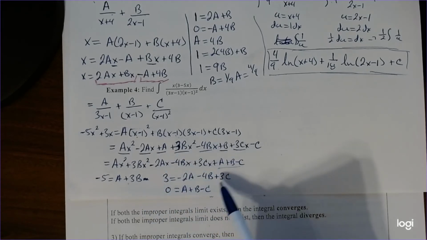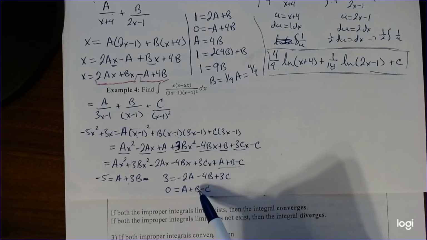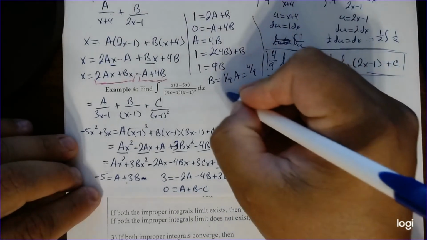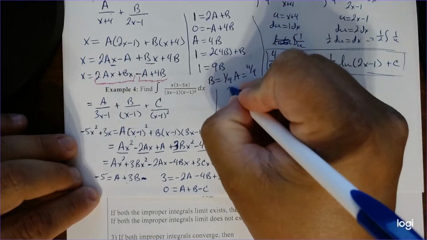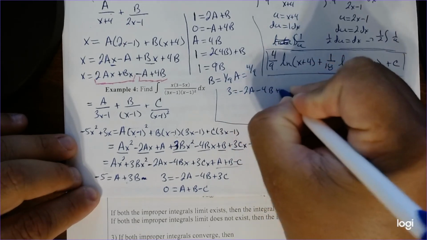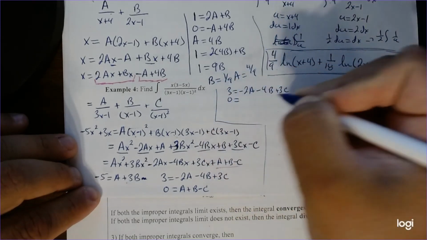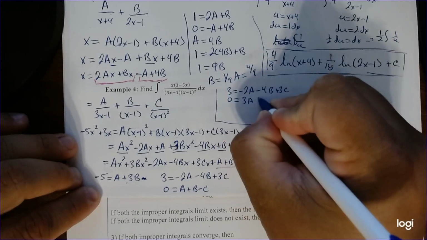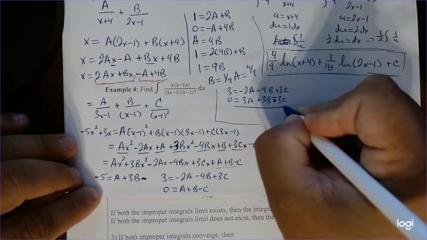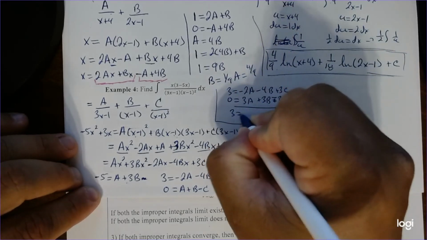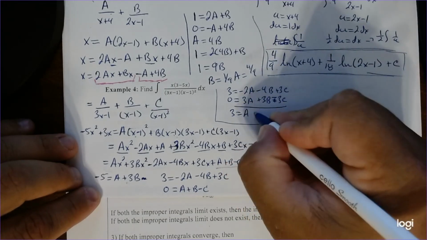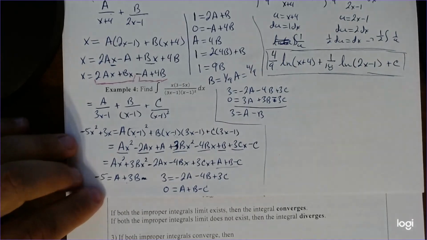So let's get rid of this c since we're already at a negative. So if I multiply this by 3 and then redo this, I'm going to have 3 is equal to -2a minus 4b plus 3c. And 0 times 3 is going to be 0, so 3a plus 3b minus 3c. Add straight down, that goes away. This is 3. And what does this give us? Positive a and minus b. All right, so that's not too bad, right? Now we can